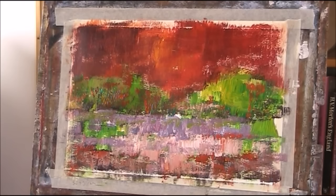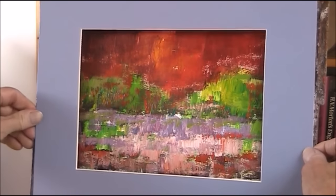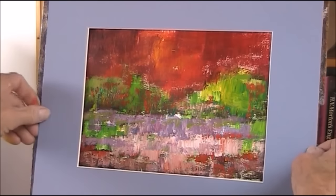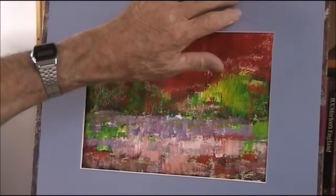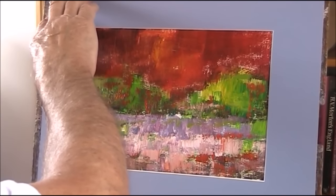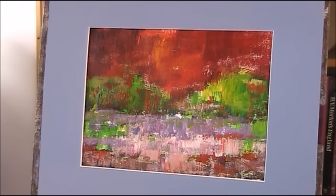Right, let's have a look, see if I've got a mount, see what it looks like. Yeah, I've got sort of. It's going to pick up a lot of the paint, but never mind. Right, I think that is just a bit too green. I like that. I flicked my